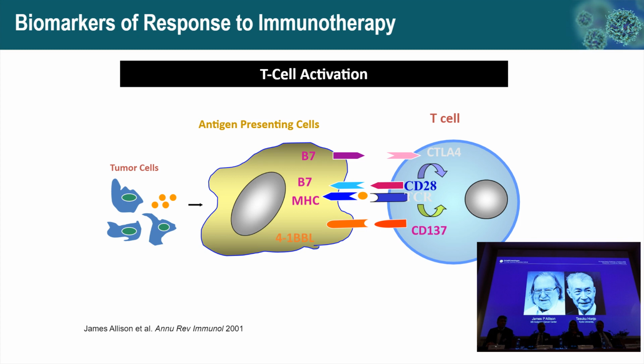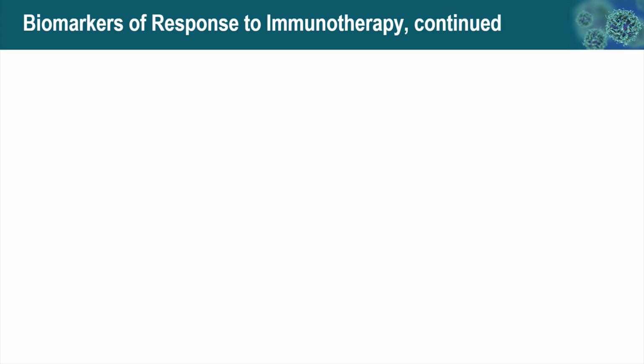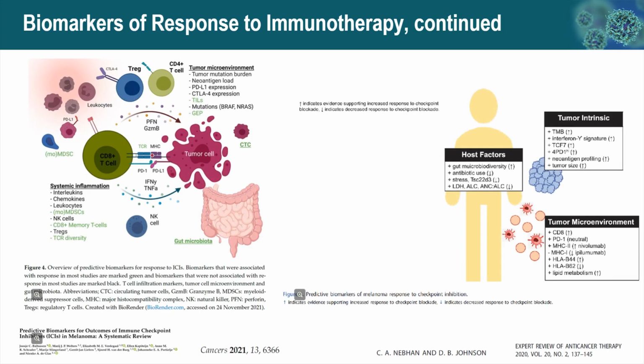Immunotherapy using immune checkpoint inhibitors has revolutionized treatment of patients with advanced melanoma. Antibodies against both CTLA-4, discovered by our own Dr. Allison, Nobel Prize in 2018, and PD-L1 are widely used in melanoma patients. As with biomarkers of prognosis, predictive biomarkers can be found and tested in tumor tissue, tumor microenvironment, peripheral blood, and